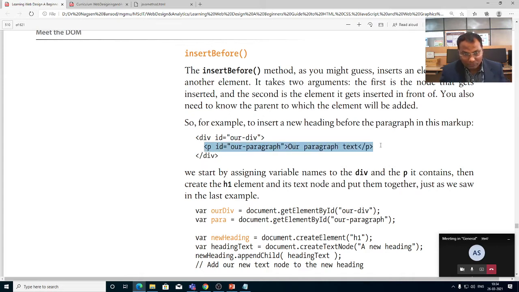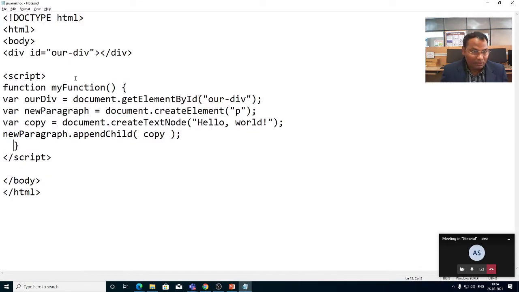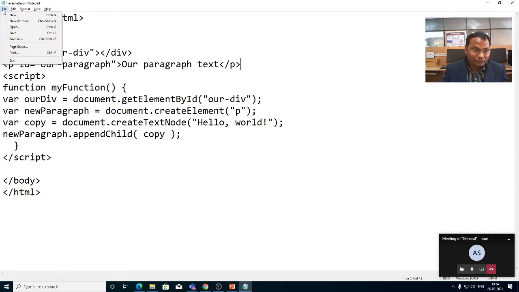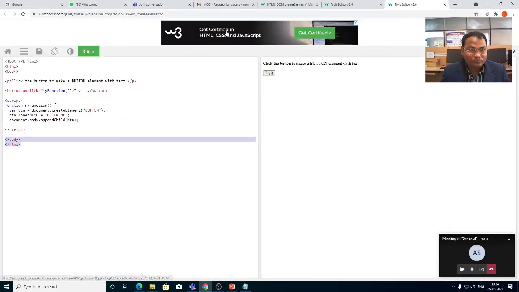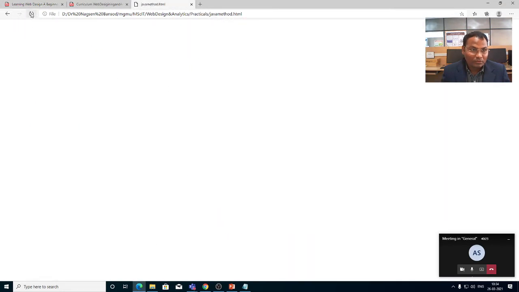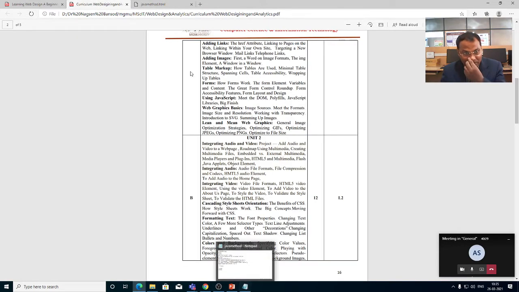P equal to our id here. Now find the output, our paragraph text.